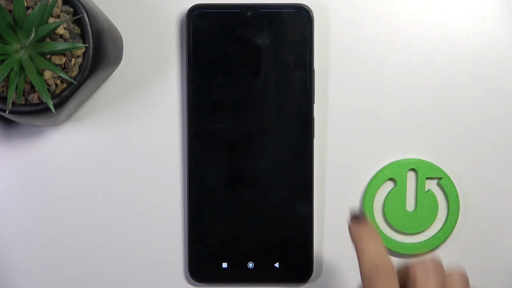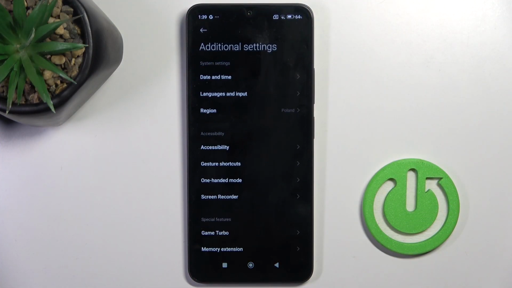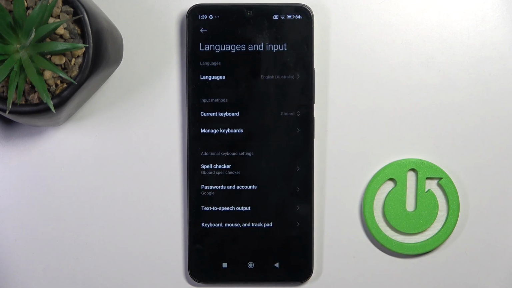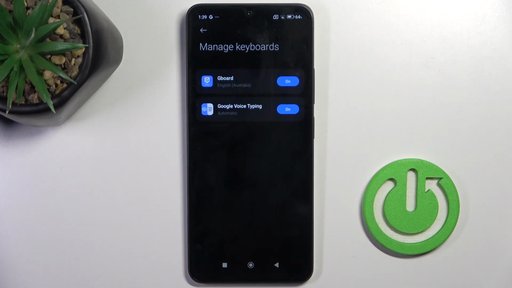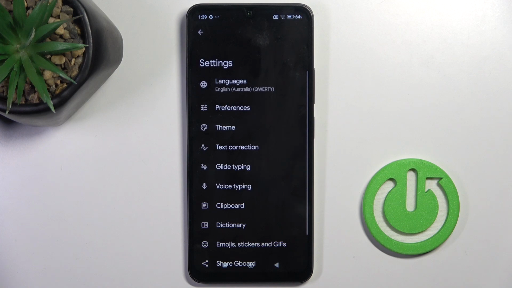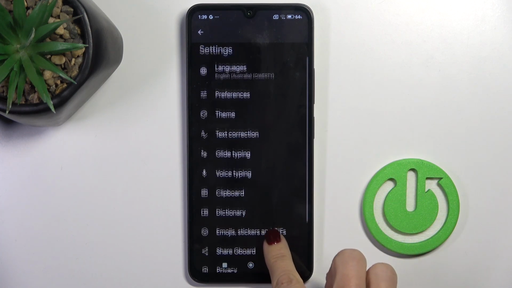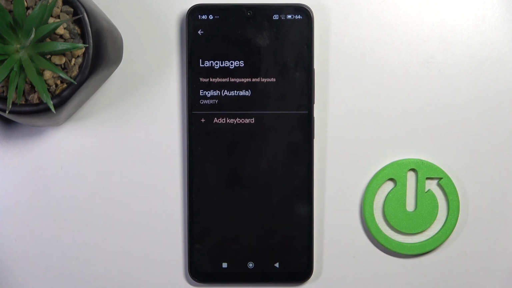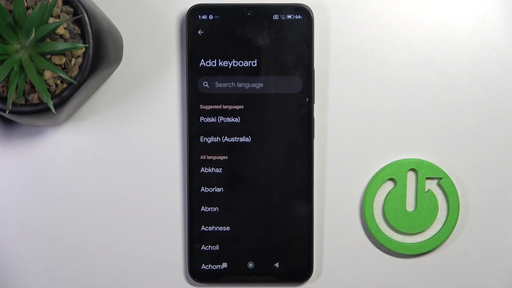First of all, open the settings, then go to additional settings, mark languages and input. Here click on manage keyboards, select the Gboard as this is our current keyboard. Go to languages, so we've got it at the top of the list, mark add keyboard, and you can either